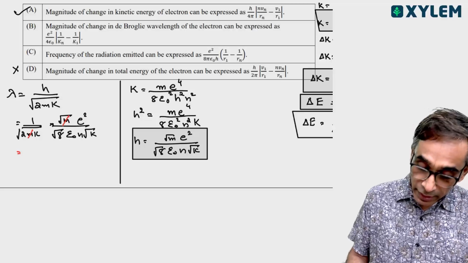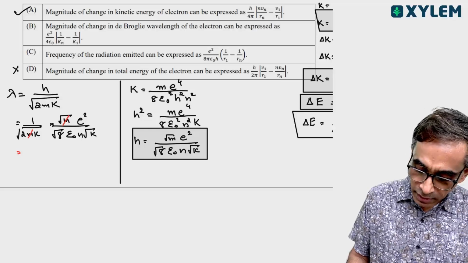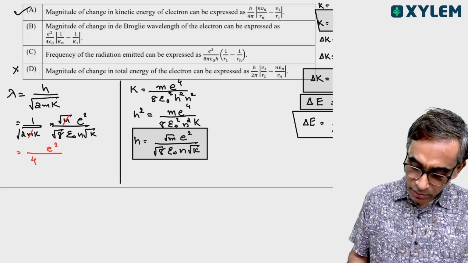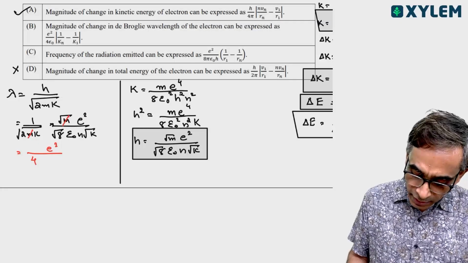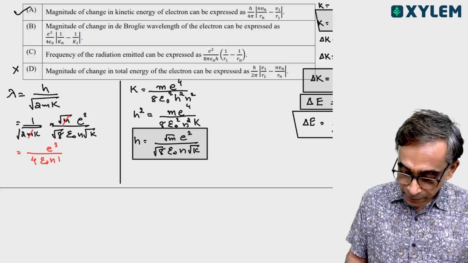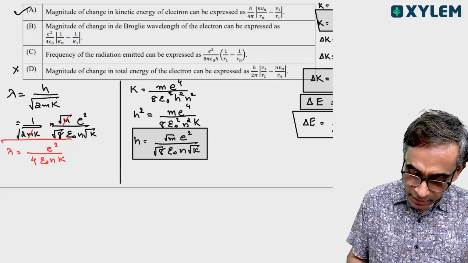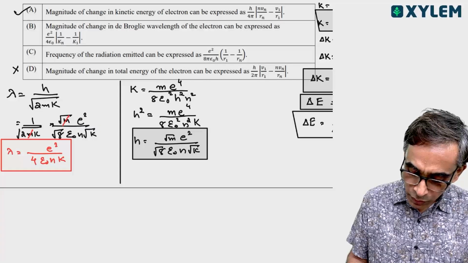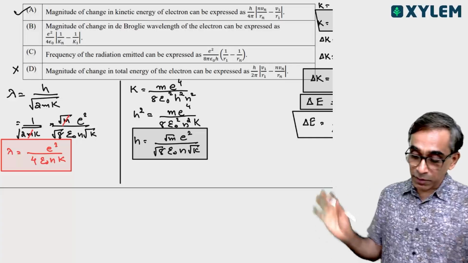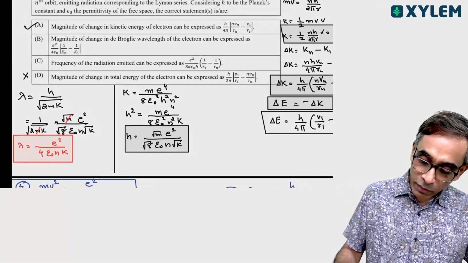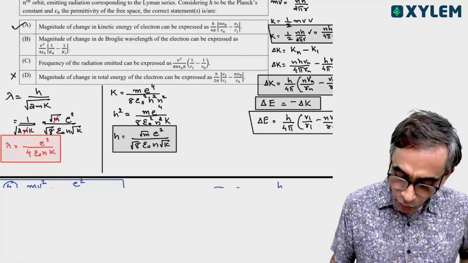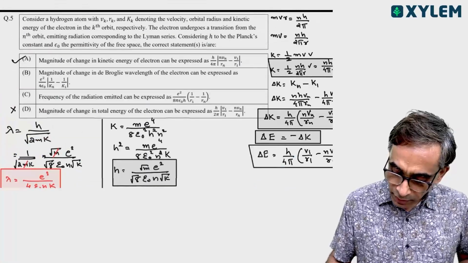This will give you again e squared divided by 16 root, which is 4. Then you can see that epsilon 0 is there, n is there, root k into root k is k. So successfully we got this equation, e squared by 4 epsilon 0 nk. e squared by 4 epsilon 0 nk is the equation for de Broglie wavelength. Now they want the change, the change from the nth orbit to the ground orbit. So the change in de Broglie wavelength,